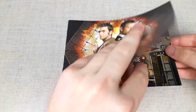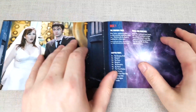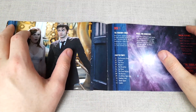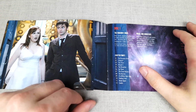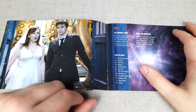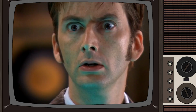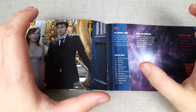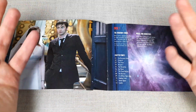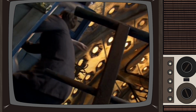Just as before, let us go through this run of episodes, of which there are some personal favourites included on here, starting off with genuinely one of the funniest episodes of Doctor Who, and that is the Christmas special, The Runaway Bride. And the comedy angle from this is mainly down to the fun chemistry between Ten and Donna Noble, which this was the character's first episode, Catherine Tate, delivering a hilarious performance throughout, and Donna will always be my